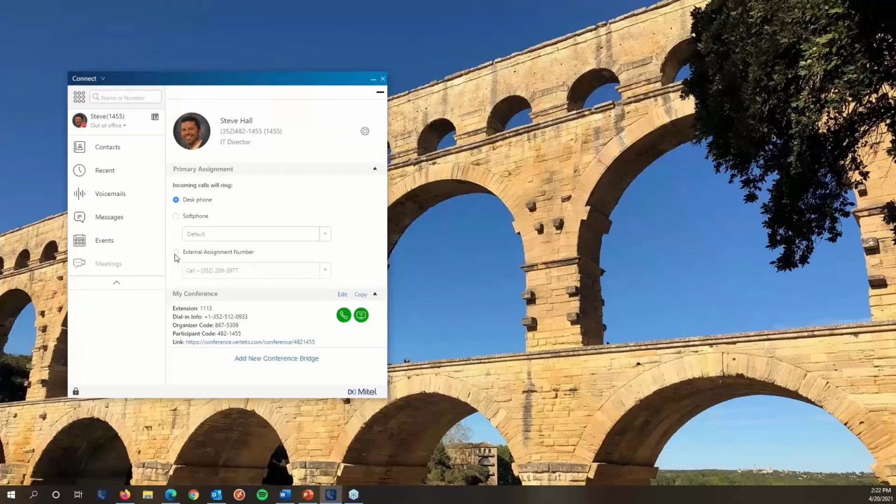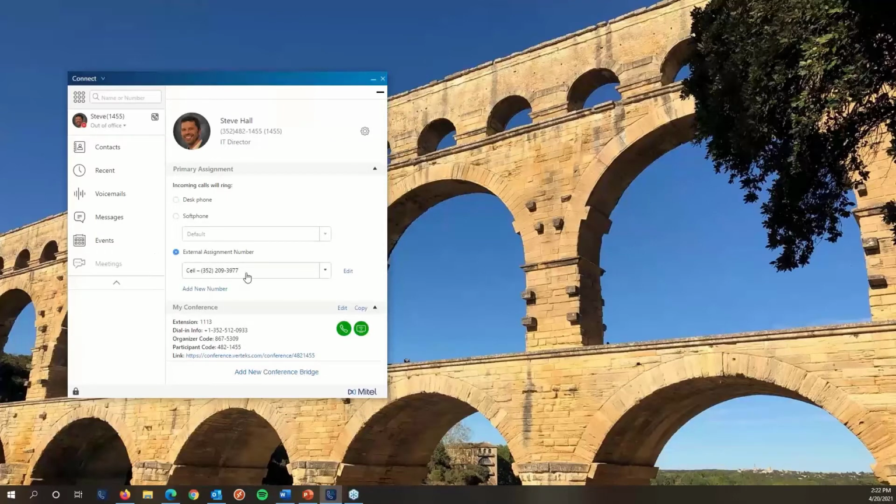Oh, actually, one thing I did want to show under external assignment, right here I have my cell phone number. I can edit this number if I want. Couple options I have here. I can give it a label. I can give it a number of rings to try. I recommend leaving that on 6 rings whenever you're doing external assignment, or if you're using simultaneous ringing features, additional